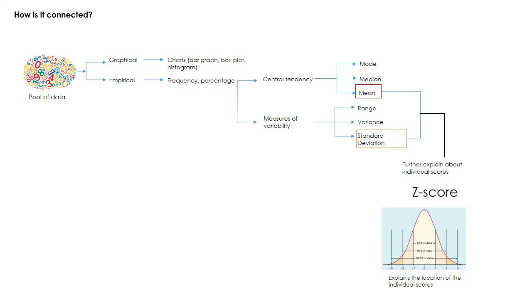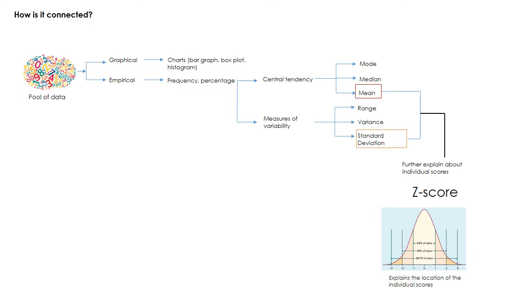What we are going to do next, and also up to the end of the course, is mostly use the mean and the standard deviation from the sample to make inferences, to interpret more, to understand more about the data. As a first step, we are going to use the mean and the standard deviation information. Firstly, we would like to explain about individual scores.